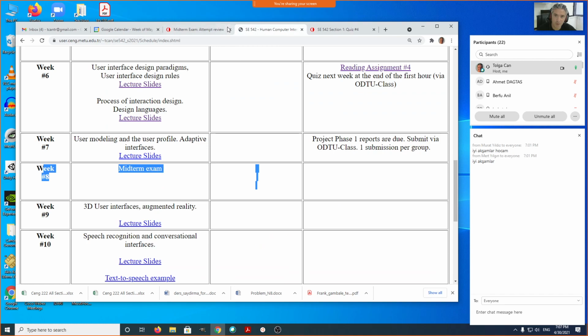8th of May, we are going to have our midterm exam next week, and it's going to be take home and will be available for the whole weekend. So you will be able to submit your midterm exams over the weekend. And on